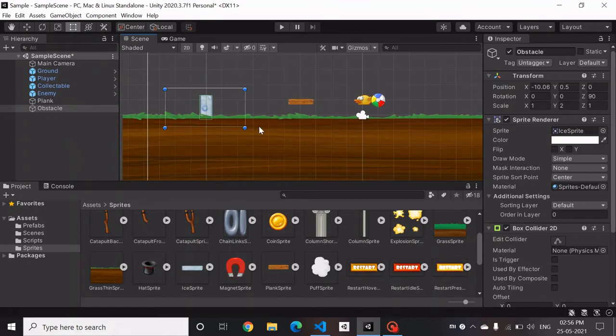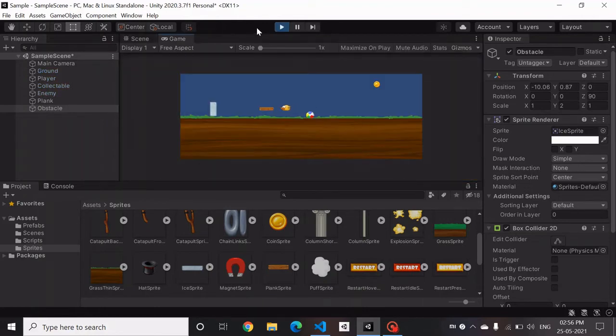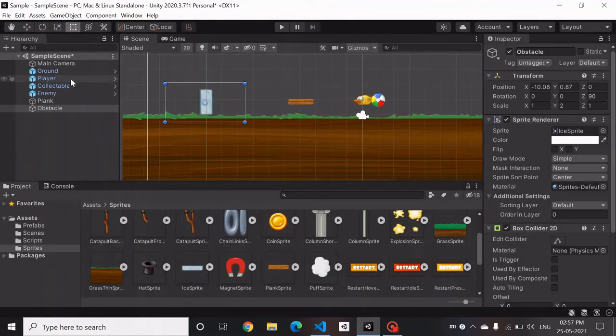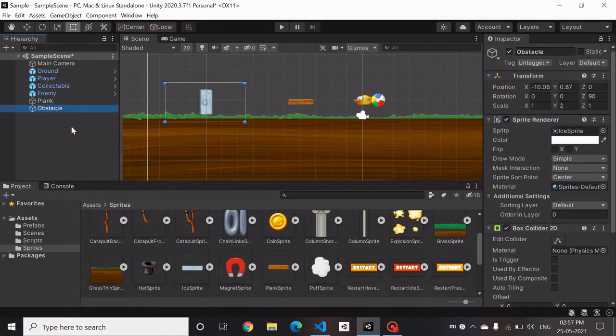Now let's check it out. So here we have just added a collider. We haven't added any rigid body, so it would be able to collide with other rigid bodies, but the direction of the bird did not change. The bird could not collide. So basically the bird's is trigger function was not called. If you check out the documentation of is trigger, you will get to know that one of the objects has to be a rigid body for a trigger to be called. So we'll make this obstacle a rigid body.